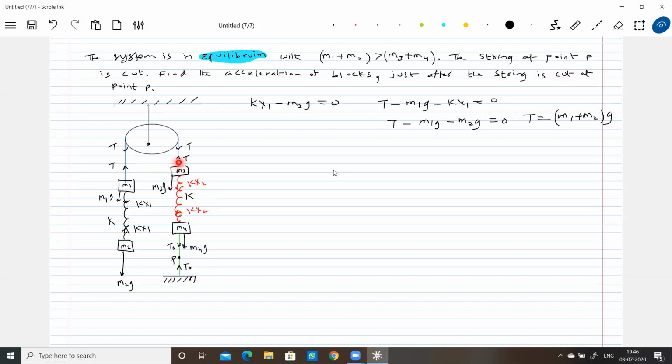Directly, this tension balances M3g plus M4g plus T naught. So let's calculate again the same value of T, or I'll write individually. Then on the block M4, what is the value of T? We know M1 plus